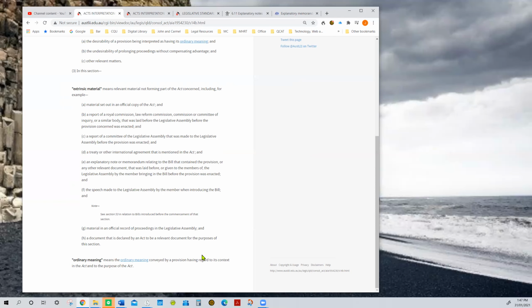The next one, reports of committees of the Parliament. That's really valuable because those reports of committees provide a great deal of relevant detail, statistics, information, précis of the law leading up to the introduction of the Act. It's really good. Treaties or international agreements mentioned in the Act. Now, just on that point,